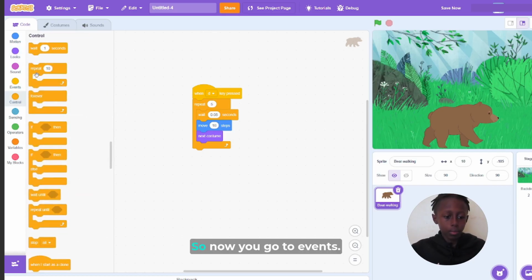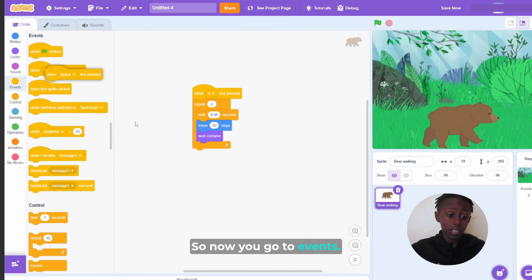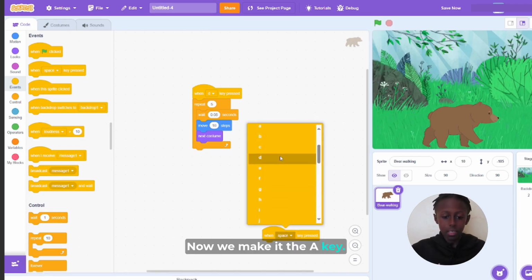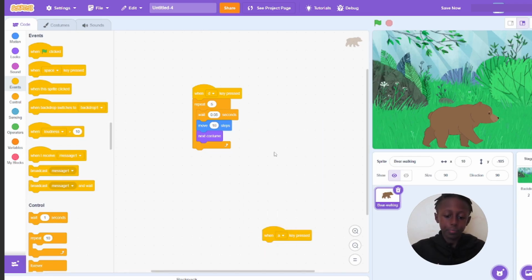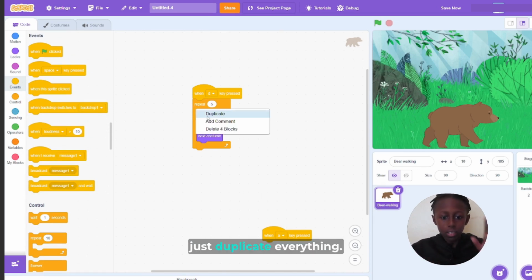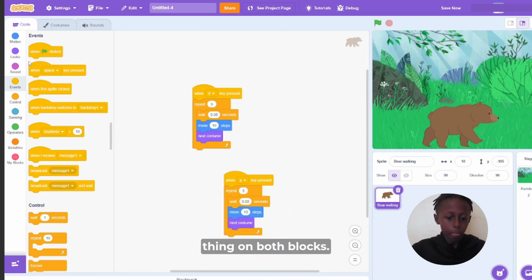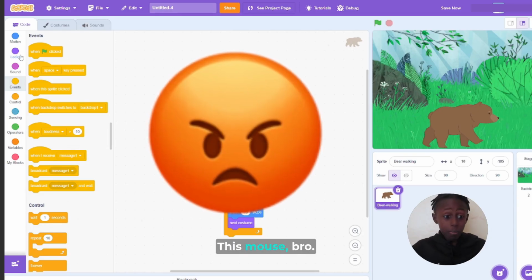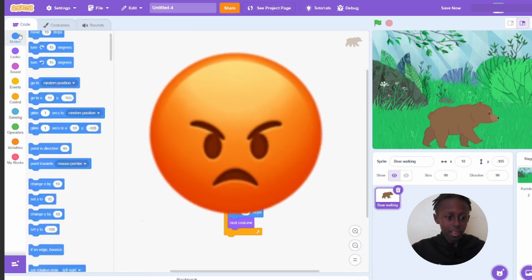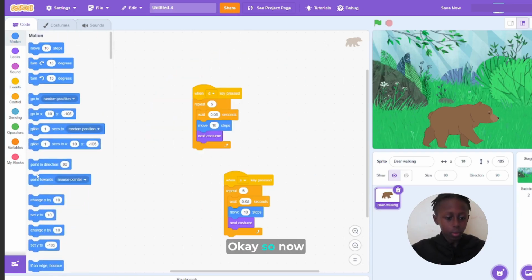Control. So now we go to events. Now we make it the A key. The A key. So now when the A key is pressed, now to make it super easy, just duplicate everything. But we need to add one more thing on both blocks. This mouse, bro. Okay, so now